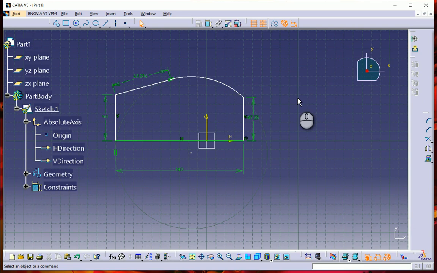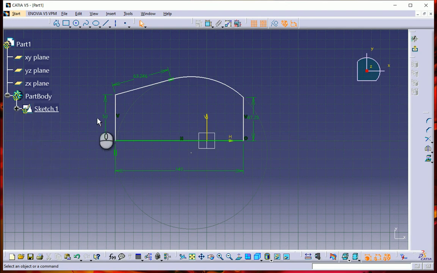Now apart from this compass, we have different constraints. Constraints are the logical operations which are performed on the selected element to define its size and location with respect to the other elements or reference geometries. Over here, if you look at this 50, this 50 is what we call the value.